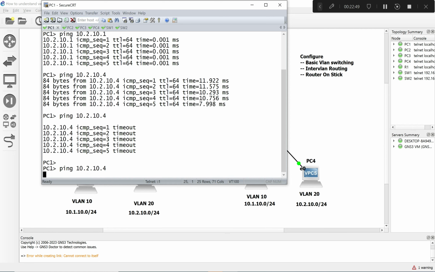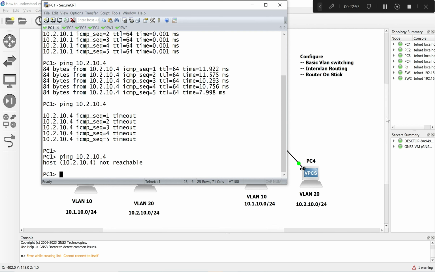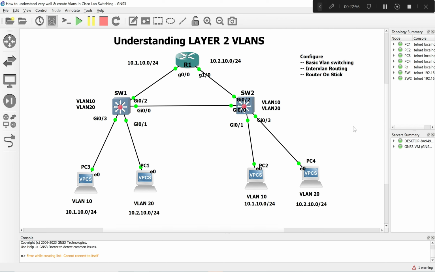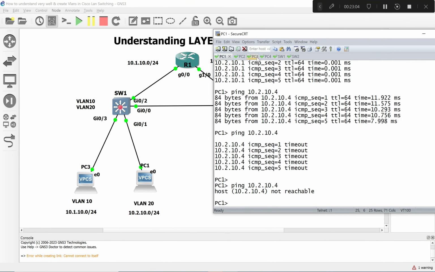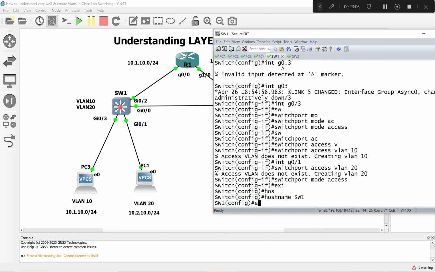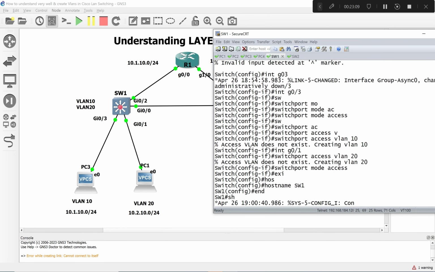Let me try. It cannot. Because before they were members of VLAN 1, which is the default, that's why they could ping. So now if we go to SW1 and say show,